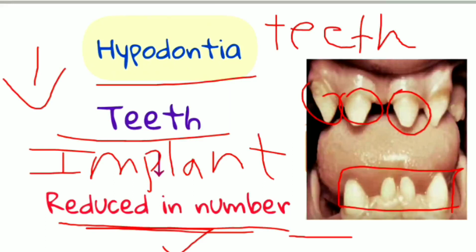So with this we come to the end of this lecture. Today we have seen what is ectodermal dysplasia and what are the different features of it. We have seen the 3 hypos, that is hypotrichosis, hypohidrosis, hypodontia, very important. And we have seen the different abnormalities associated with eye abnormalities, lip abnormalities, and what is the treatment for the oral manifestations of this ectodermal dysplasia.